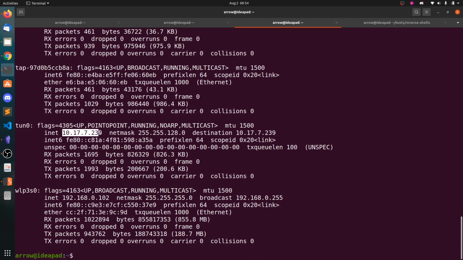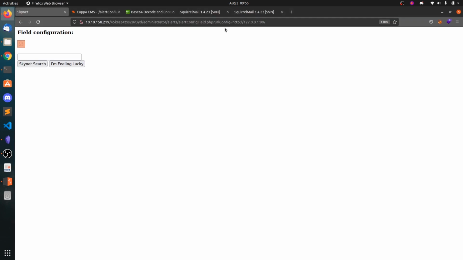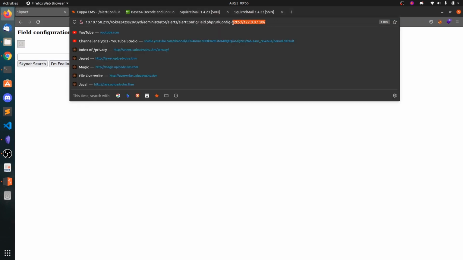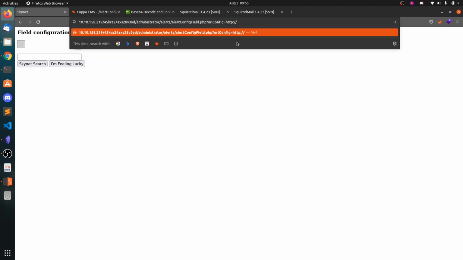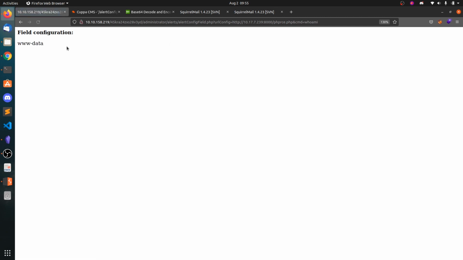So we can include this file hosted on our IP address, and we can directly include the contents of the PHP file like this. Command equals whoami, and you can see we got remote code execution.